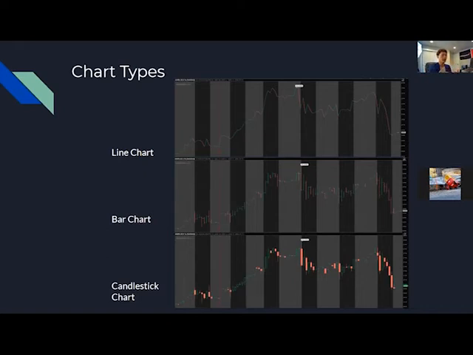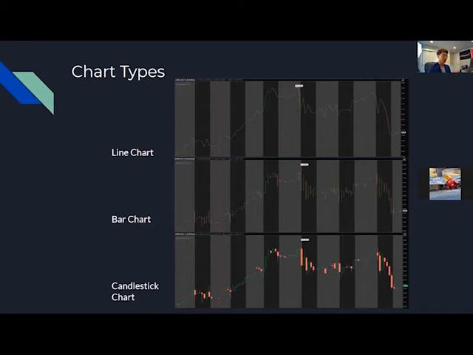So if you look below at the bar chart, it's really unnecessary for long-term investors to take a look at something like this. We're not going to really go into bar charts, but just as a side note, if you look closely into the bar chart, you'll see two lines protruding to the left and right side of the long line body. So the little line on the left is the opening price of that day, or of that time interval, and the line protruding from the right is the closing price. So of course, if the closing price is higher than the opening price, the bar will be green. Vice versa, and it will become red.